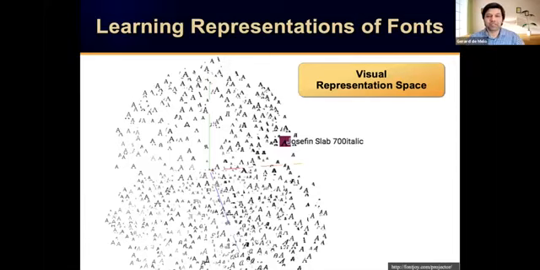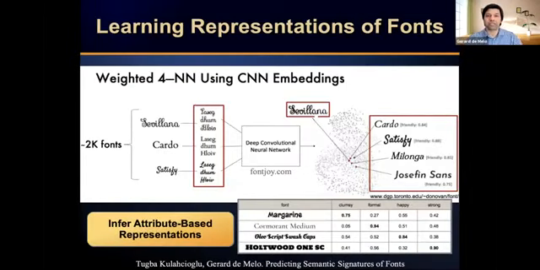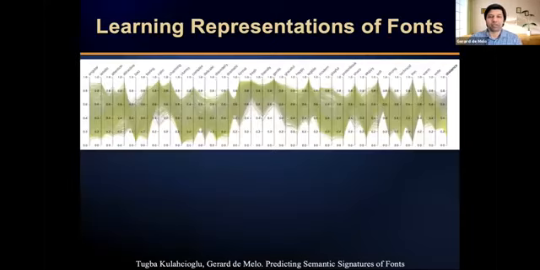Now based on this, we brought in the crowdsourced data from that other study by Aaron Hertzmann. Using the combination of our visual representations and the small seed data set for 200 fonts that they collected, we were then able to make predictions of these attributes for all of the fonts. Basically, we got some nice results, a little bit better than the baseline method that they investigated. So using the CNN gives you quite a bit.